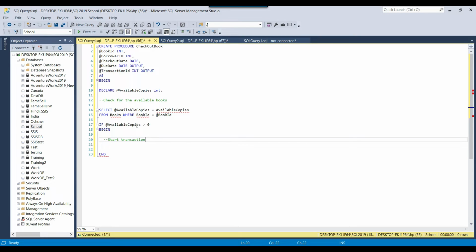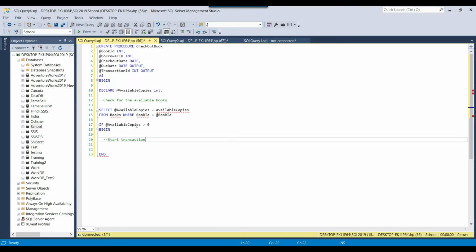So I have not yet talked about transactions much, but we will see them in detail in coming videos. Right now you can think of a transaction as a single unit of work. Whatever you write between the begin transaction and the commit transaction, all the queries, all the multiple queries, will be treated as a single unit of task. Either all of them will be successful or everything will be rolled back.